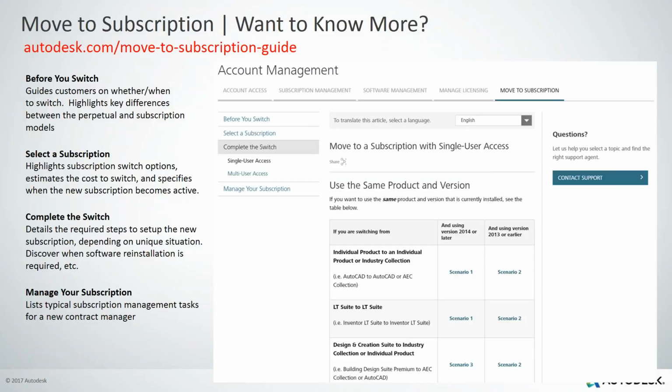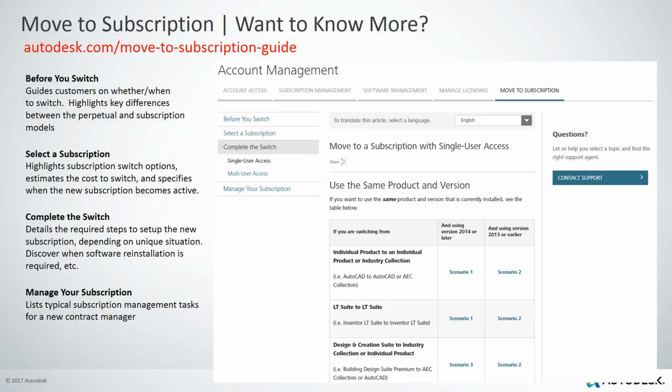And finally, you will likely have more questions about this offer. This is more of just an introduction on what offerings we have. For more questions such as how much does it cost, what can you switch to in terms of the products, and whether or not you have to reinstall your software, and all those other questions,